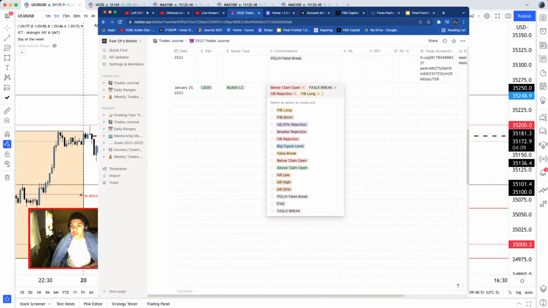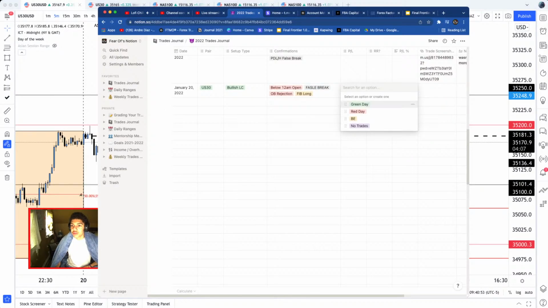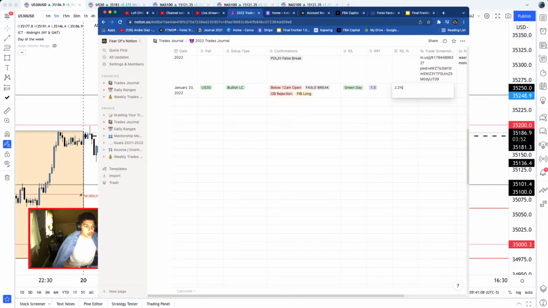But as you can see, we didn't get that. So the P&L, it was a green day. The risk reward, it was a 1-3 trade, and on this trade I was able to make it back with taking partials and everything, 2.2%. So I'll put 2.2% just like that. I'll put the screenshot of the trade,